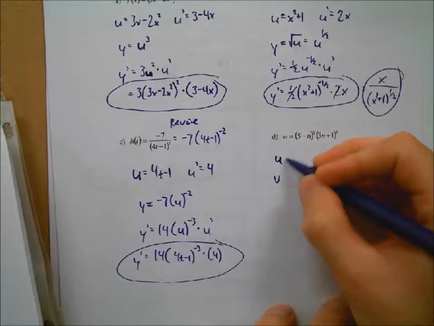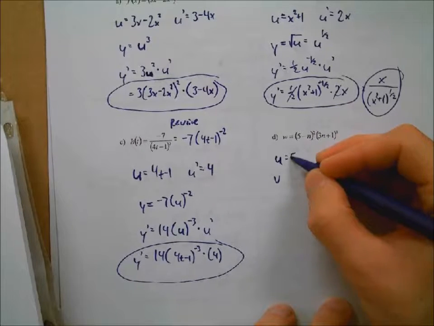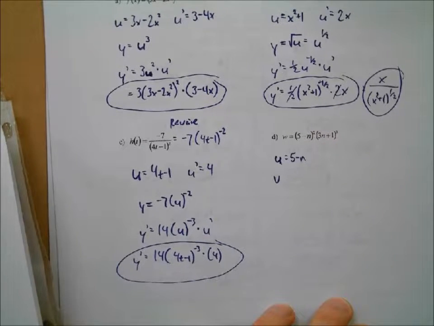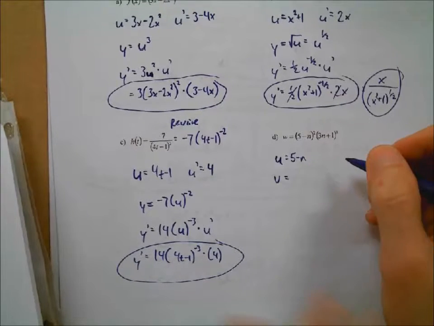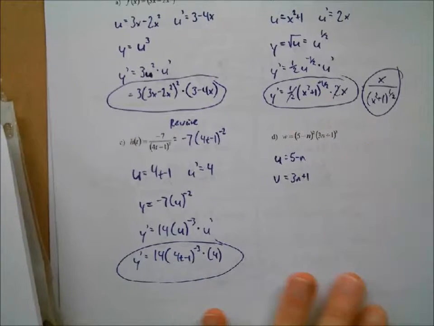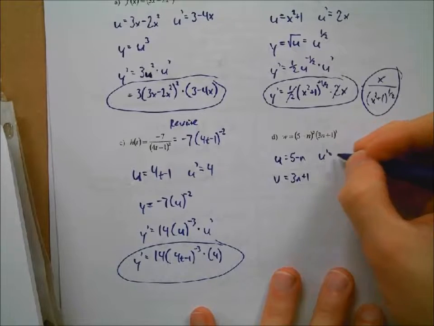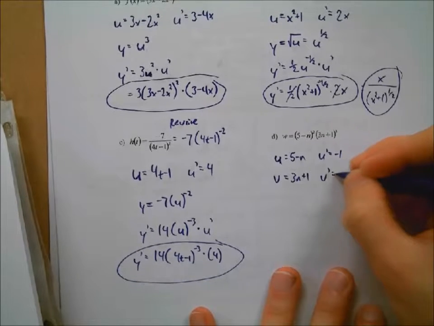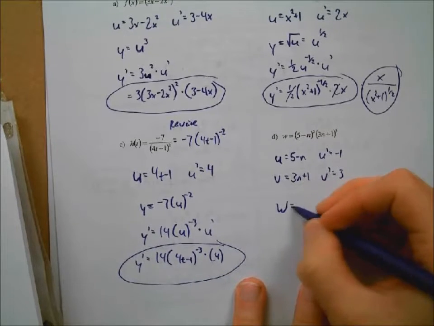Okay. So we'll say the 5 minus n, we'll call that our u. And then we'll say v is going to be, well, what then would v be here? The 3n plus 1, the other function kind of on the inside there. Okay. And so the derivatives of these are easy. U prime is just -1. V prime is just 3. Okay, and we'll say that W then is equal to,